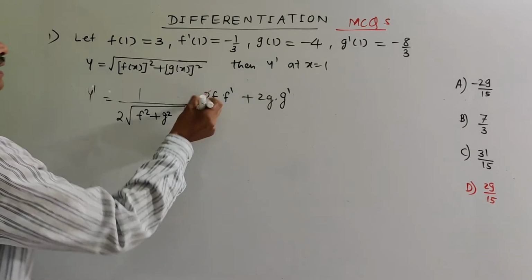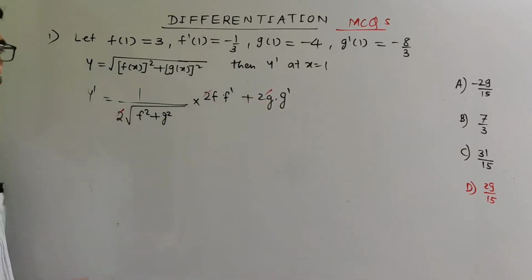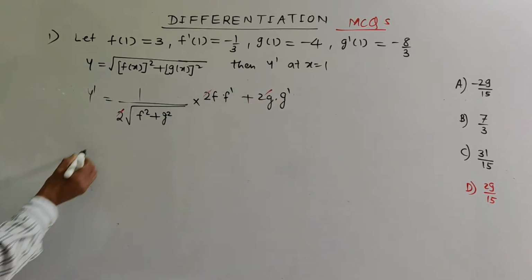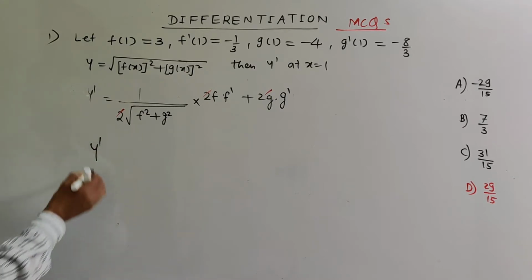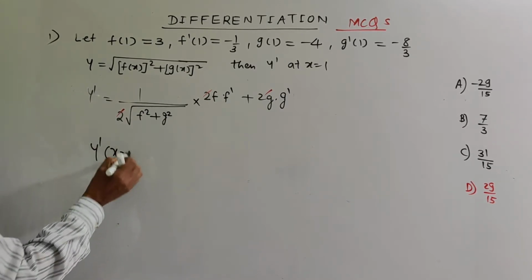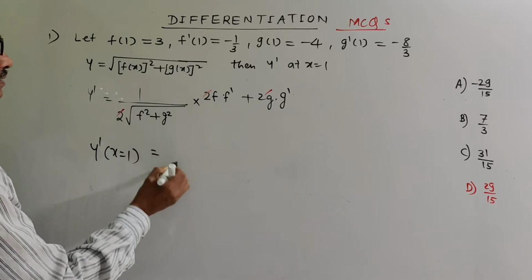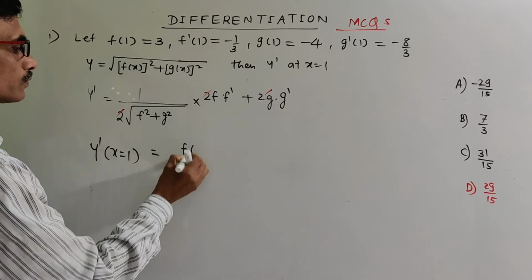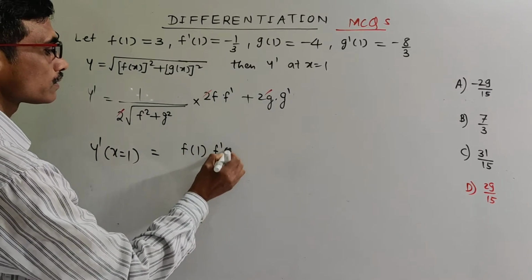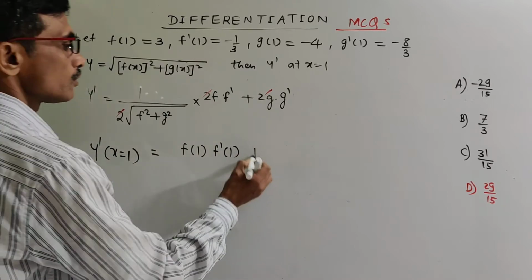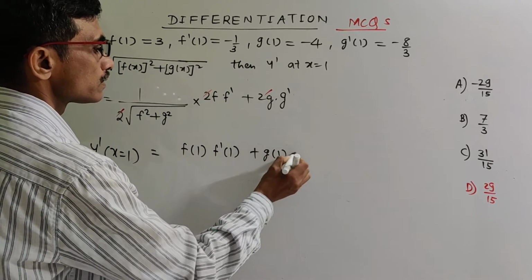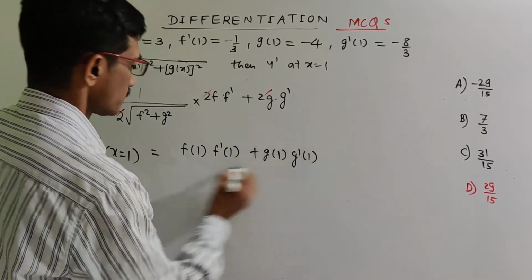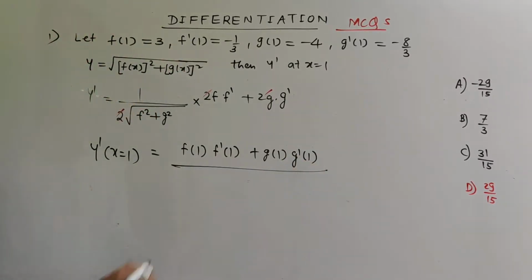So these two 2s we can cancel, and we require y dash at x equals 1. So therefore it is f of 1 f dash of 1 plus g of 1 g dash of 1 upon square root of